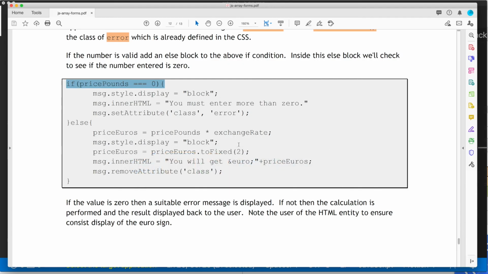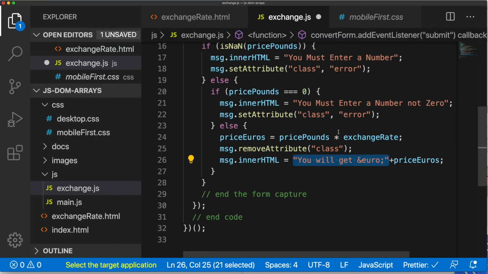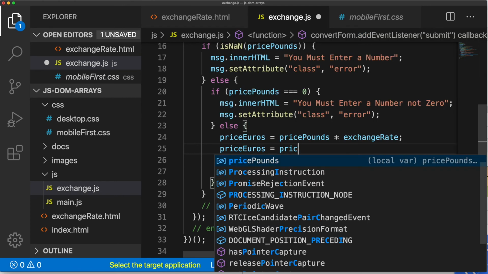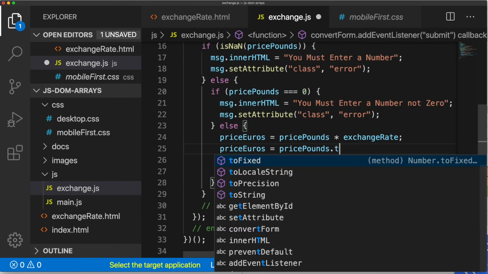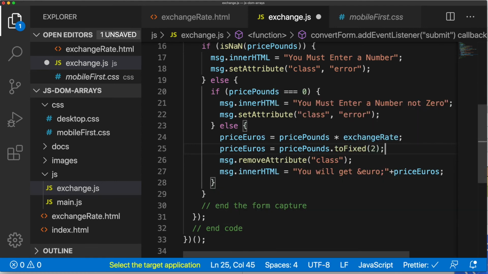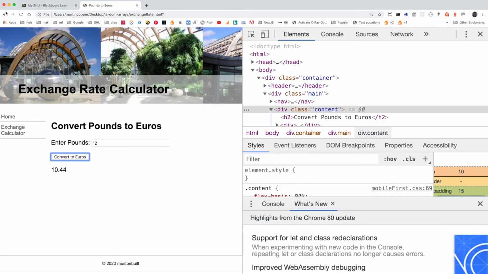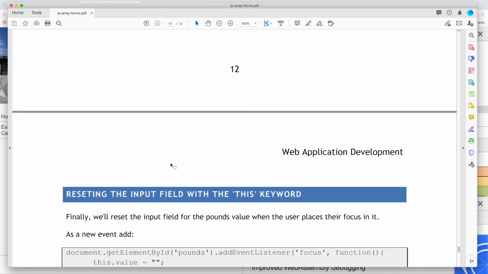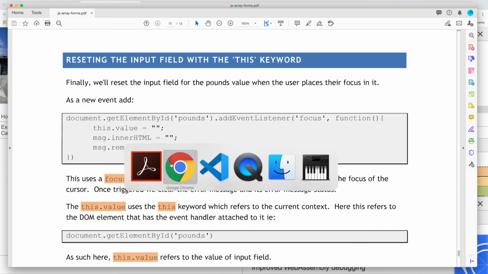And we also want to just do this to 2 decimal places. So after we've done the maths there, we'll say price euros equals price euros dot to fixed, and how many decimal places? 2. Okay, right, let's go back, let's refresh. So we put in a number that's likely to require decimal places, and we get that as the euro coming from the HTML entity. Right, okay, so that's the fundamentals of a quick